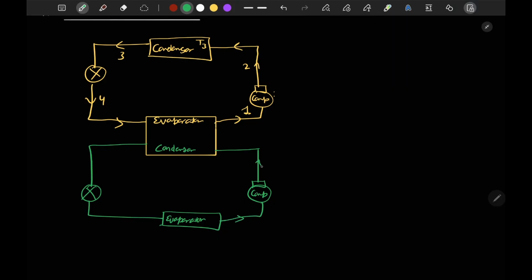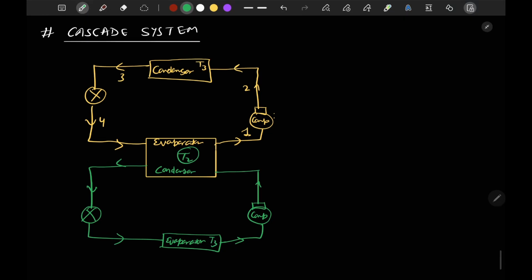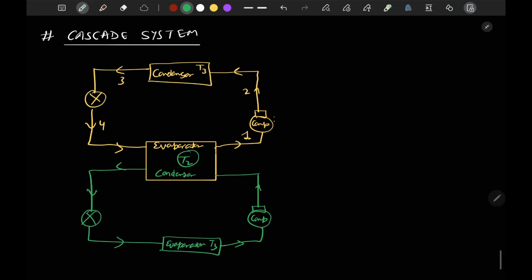Okay, so here we have installed a multi-stage refrigeration system. This is called our cascading. I hope you understood this point. Let's say this temperature here is T2 and this temperature is T3. If we want to calculate our total, combined COP,